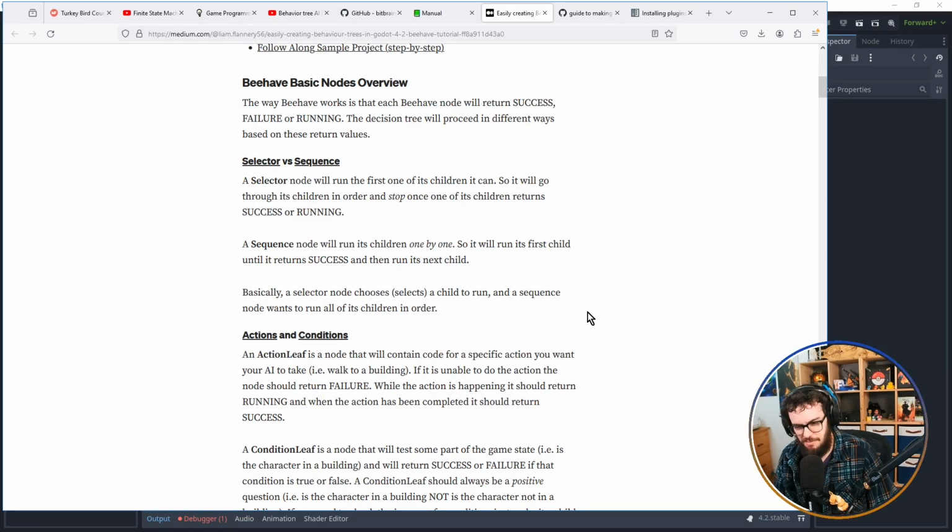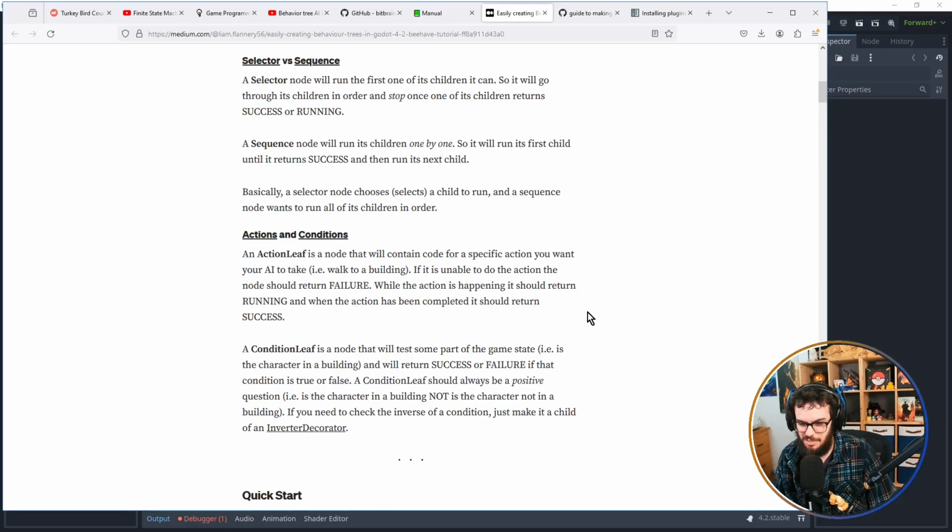An action leaf is a node that will contain code for a specific action you want your AI to take. For example, walking to a building. If it is unable to do the action, the node should return failure. While the action is happening, it should return running, and when the action has been completed, it should return success. Great. A condition leaf is a node that will test some part of the game state, i.e. is the character in a building,